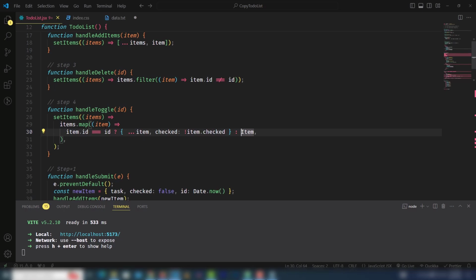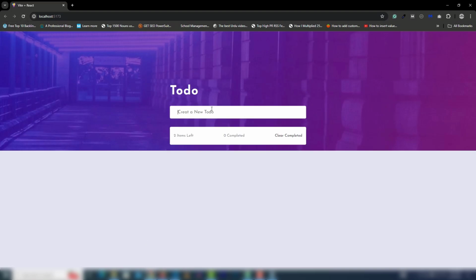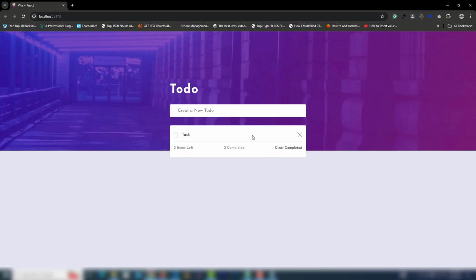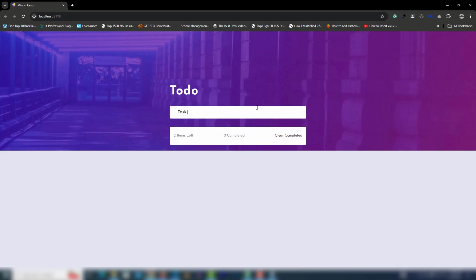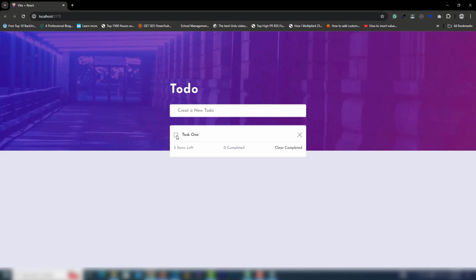Items map ID, and we don't, checked and not checked to display that. Yeah, that's perfect, but let's try it. Remove it. Yeah, it's working. This one completed. The first one is working, but when I enter task 2,